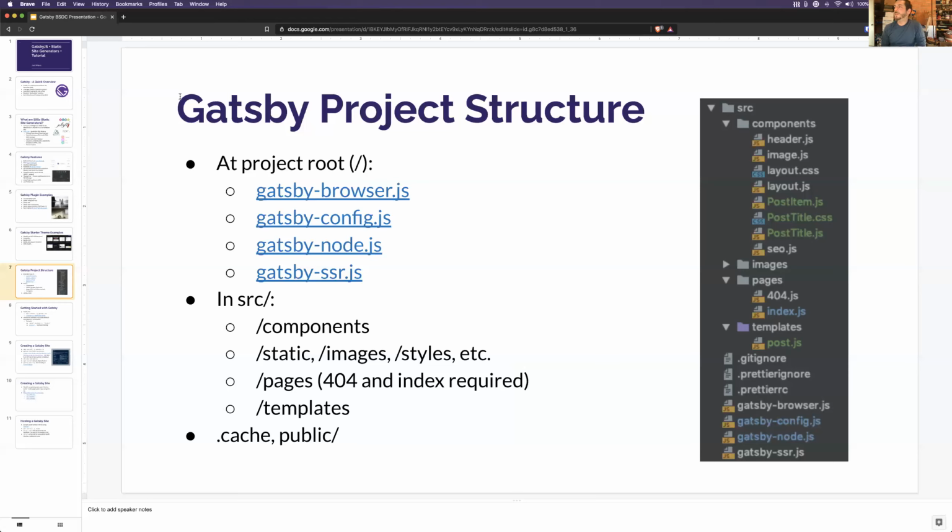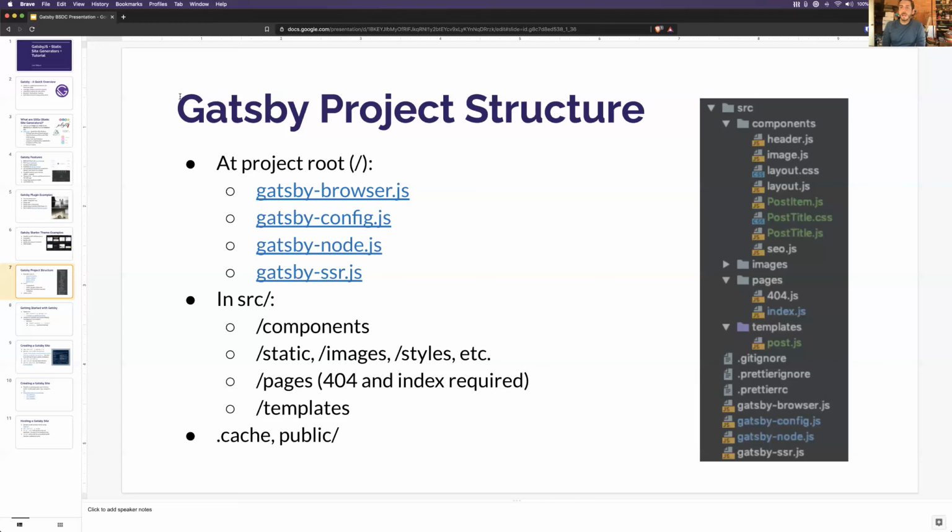And then, of course, there's a cache file, which speeds up the development process for you when you're working in the development environment, and a public directory, which also sits at the root of your repository, and that is created after you build your static HTML files. That is where all of those sit, so that they can then be uploaded to wherever your hosting provider is, and then be read from that folder. These 4 files that are at the top of it, though, at the project root, we've got Gatsby Browser, Gatsby